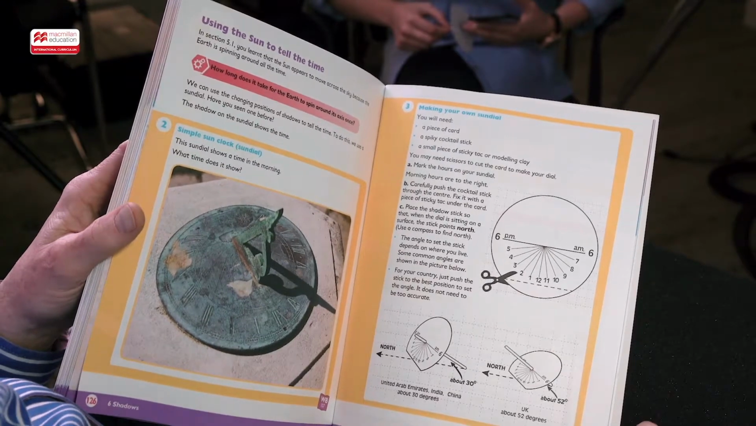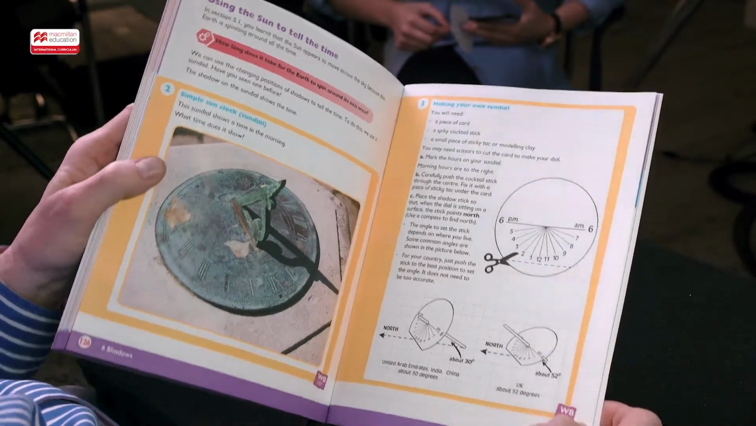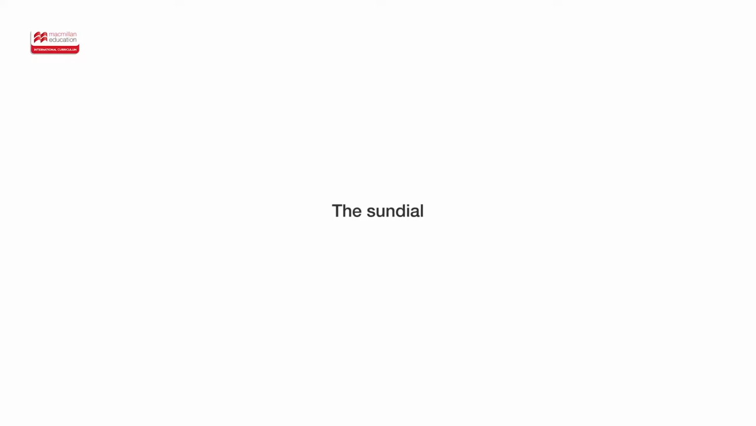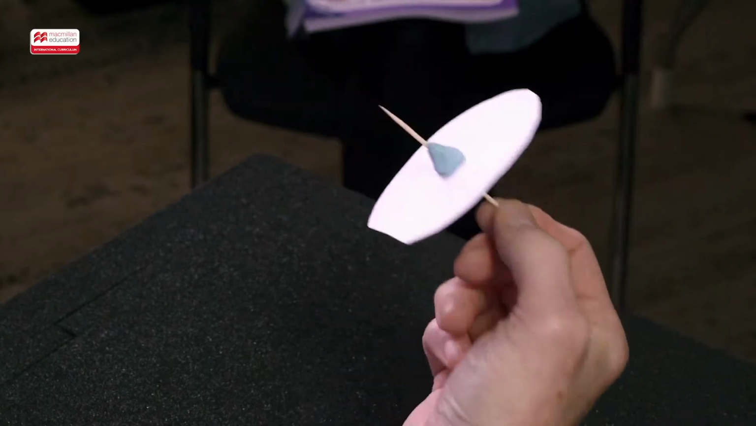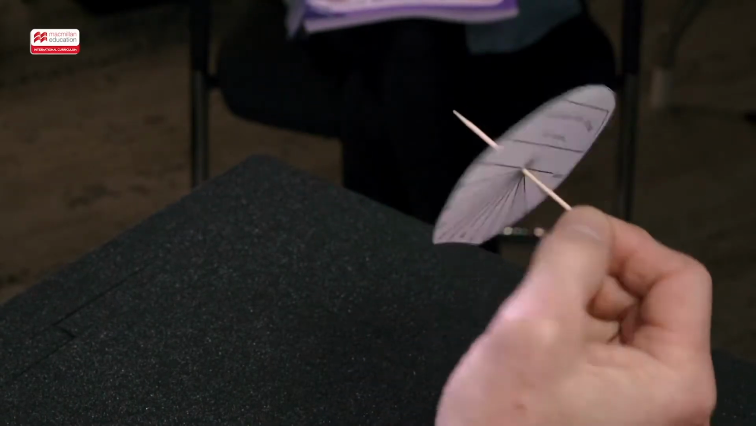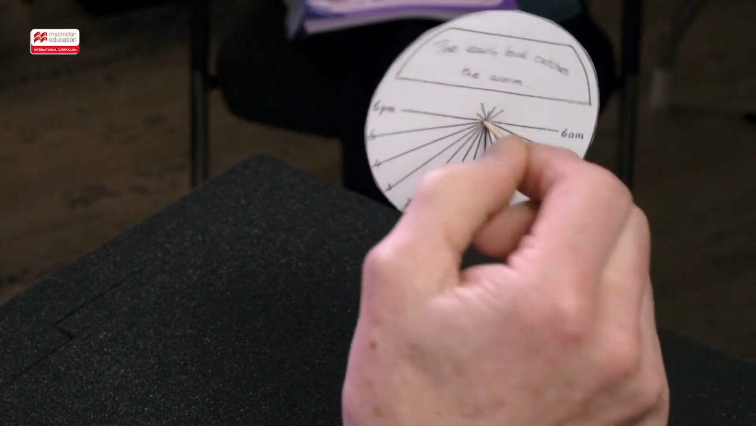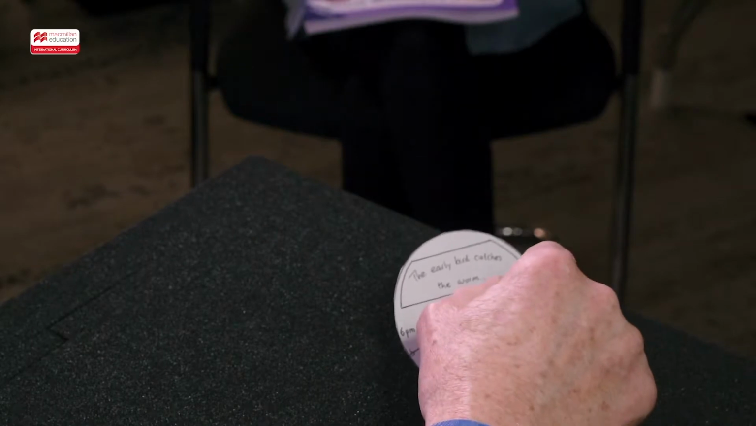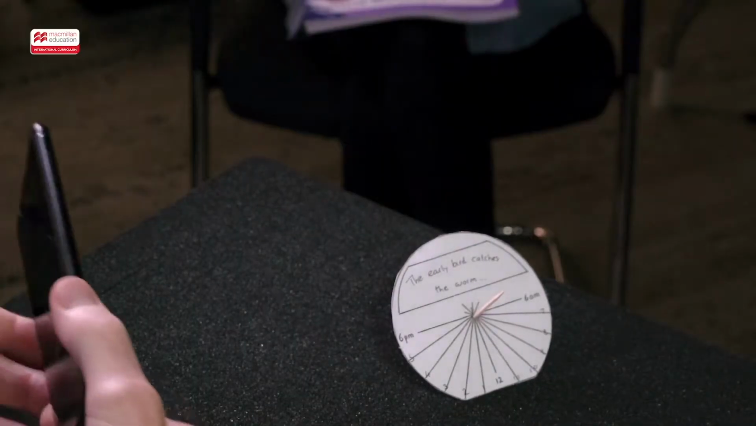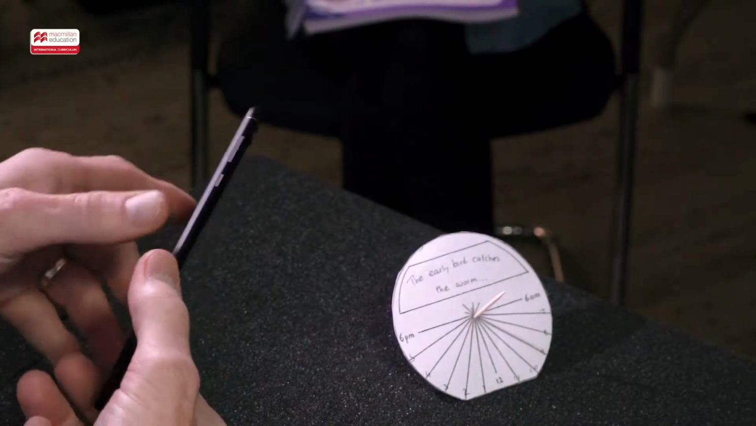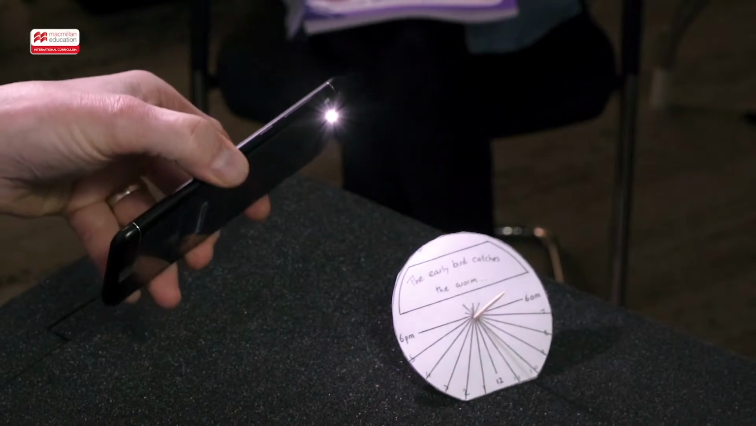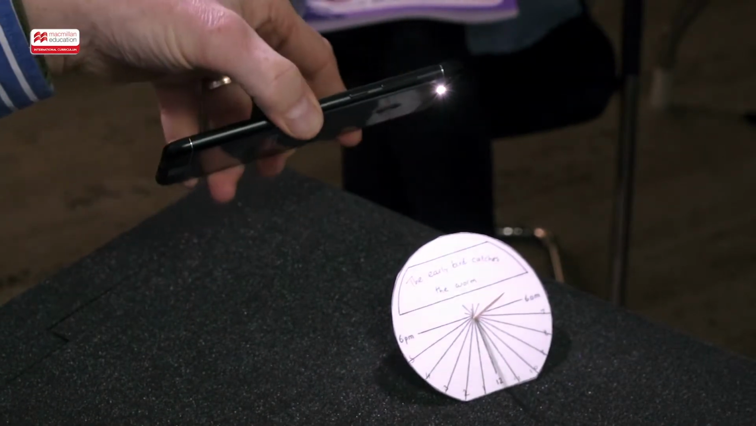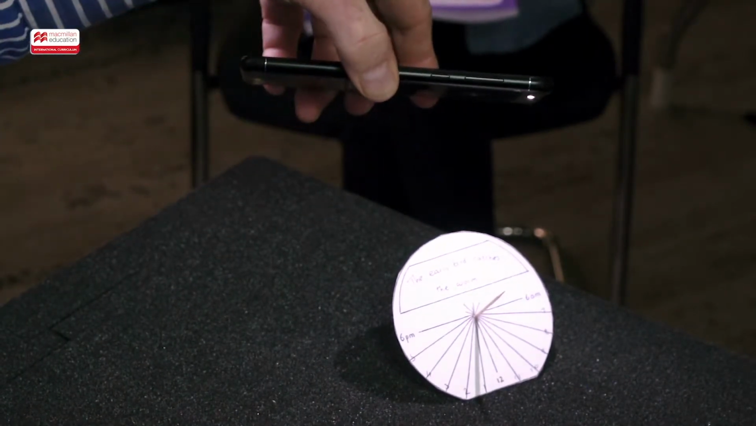I've got one ready-made to show you how it works. And here we have a completed sundial, cocktail stick and sticky tack and card marked up, and with a lamp from a mobile phone or something similar, we can show the passage of the shadow as the sun moves across the sky,